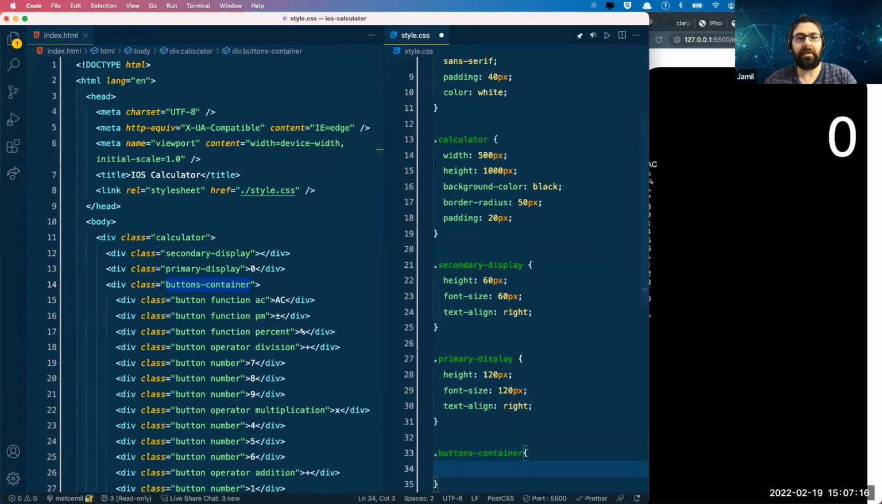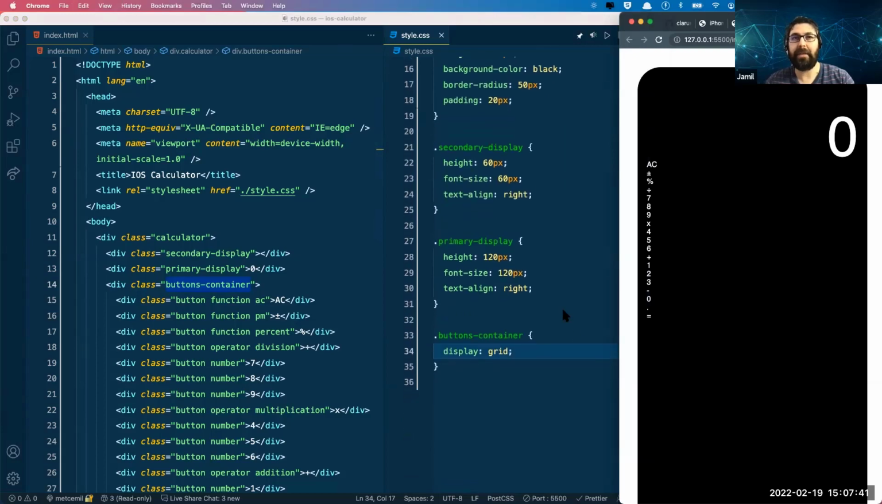So within this buttons container, I'm going to now change the display from block, because currently the div is block. So I'm changing it to grid. You know, for flex, we write flex here, but it's grid. Now, when I just change it to grid, something will not happen yet here. That's because